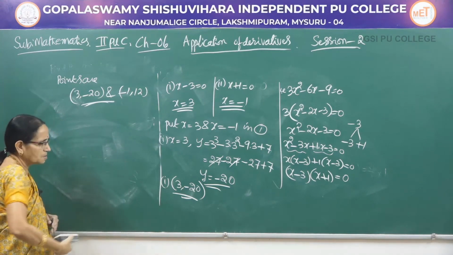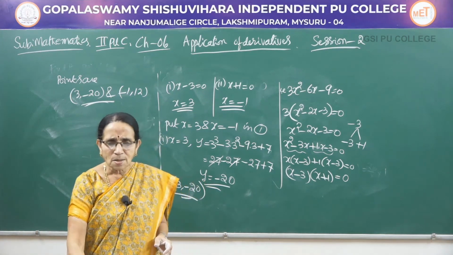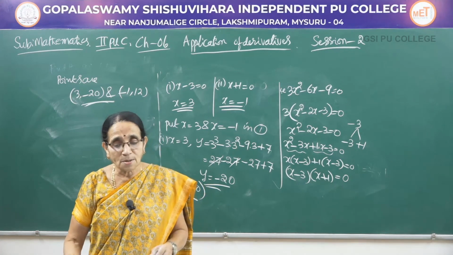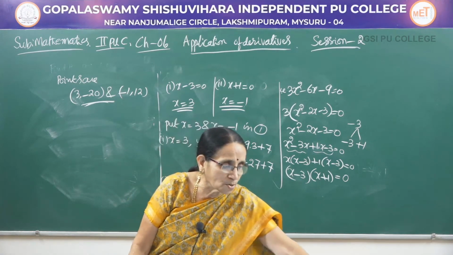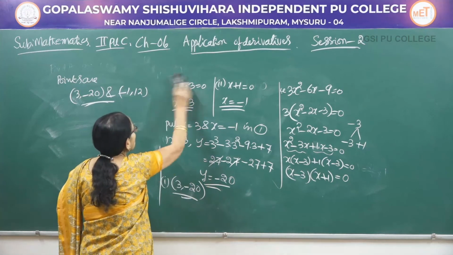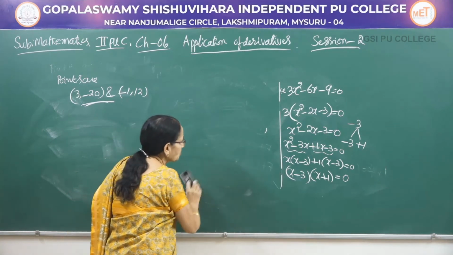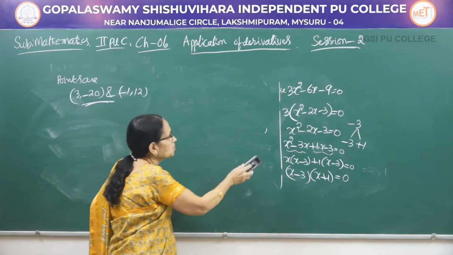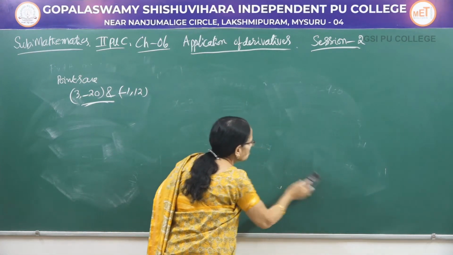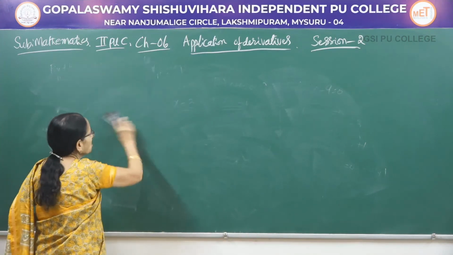See again, these problems on the application of derivatives are lengthy, like statement problems. You have to write the answer in proper sentences here. Even for a 1 mark question, though we are calculating only the slope of the tangent and normal, we had to do a little more calculation, but there is no shortcut method. You have to show all the calculation even for a 1 mark question.